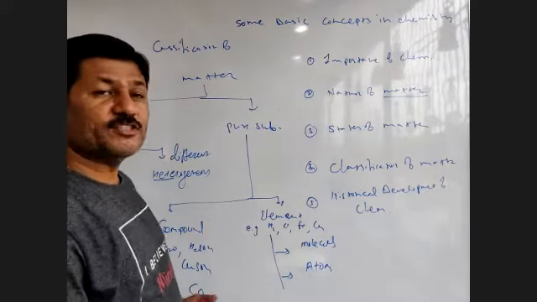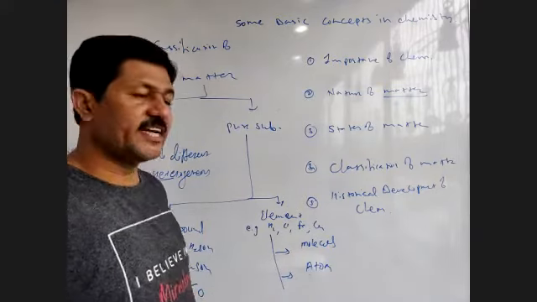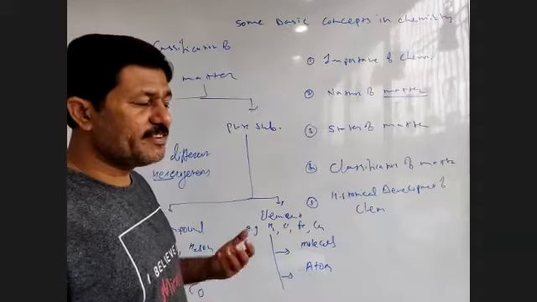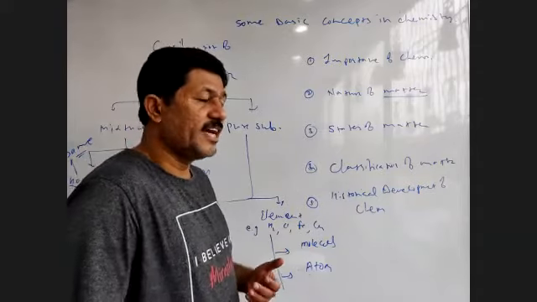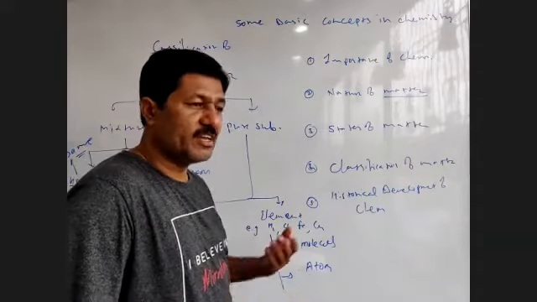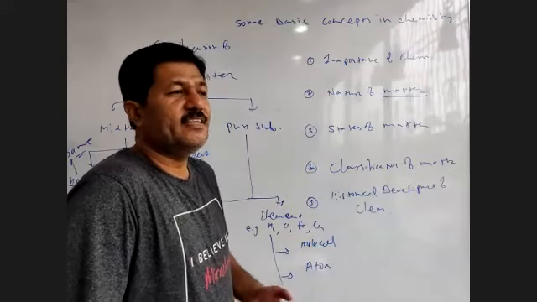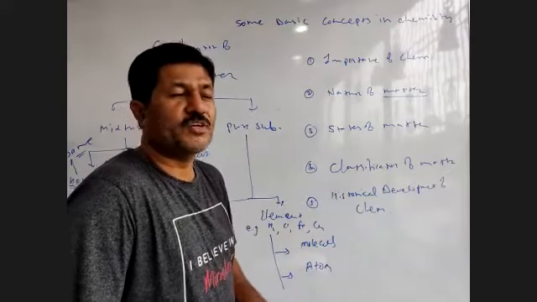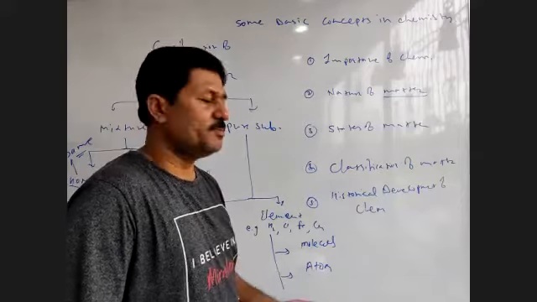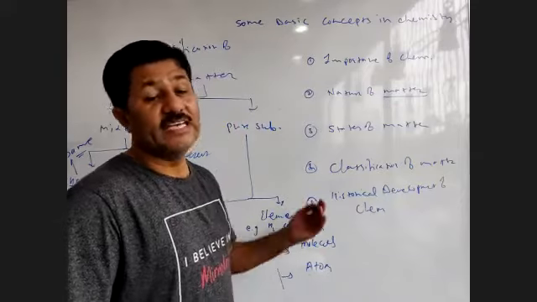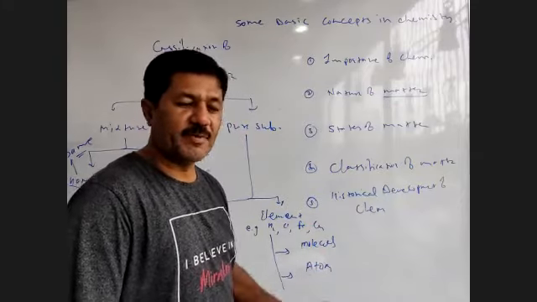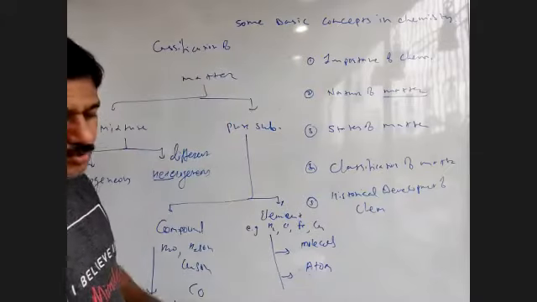So chemistry is a branch of science which deals with molecules and atoms. The study of different dimensional aspects of these molecules and atoms, their reactivity and everything, that study comprises chemistry. Chemistry is the science of the study of atoms and molecules. This is the alternative definition of chemistry.